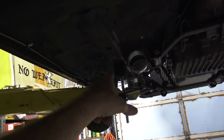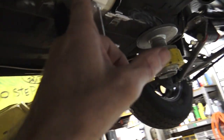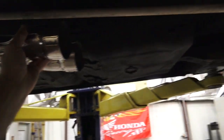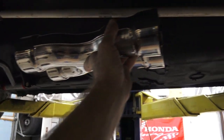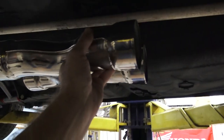So with this here, this is what I like to do. Now I can start working from this guy just around here into here, right? And I like to have this guy somewhere in this area. You see how that thing makes a sharp drop? Right in here is kind of free. So if I can get it done before we get too low, I can keep this center section up high,